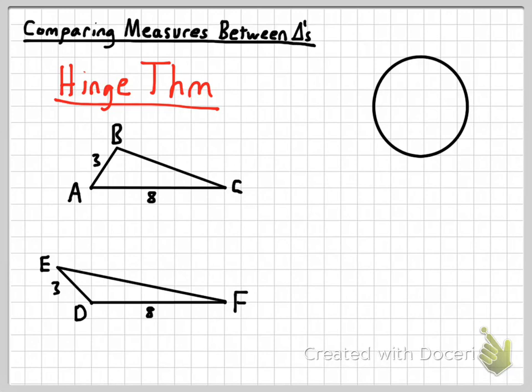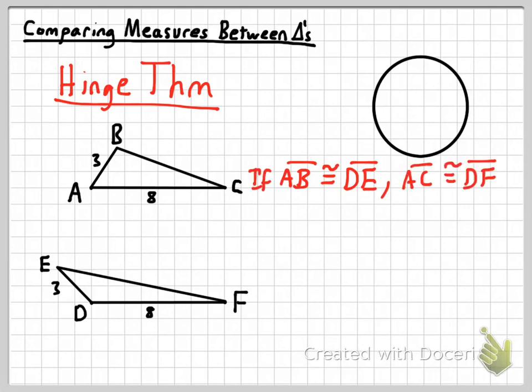And the Hinge Theorem assumes that you have a pair of triangles that each have two pairs of congruent sides. So in this case, segment AB is congruent to segment DE, segment AC is congruent to segment DF, and if both of those things are true and the measure of the included angles of those pairs of sides, the first one A,